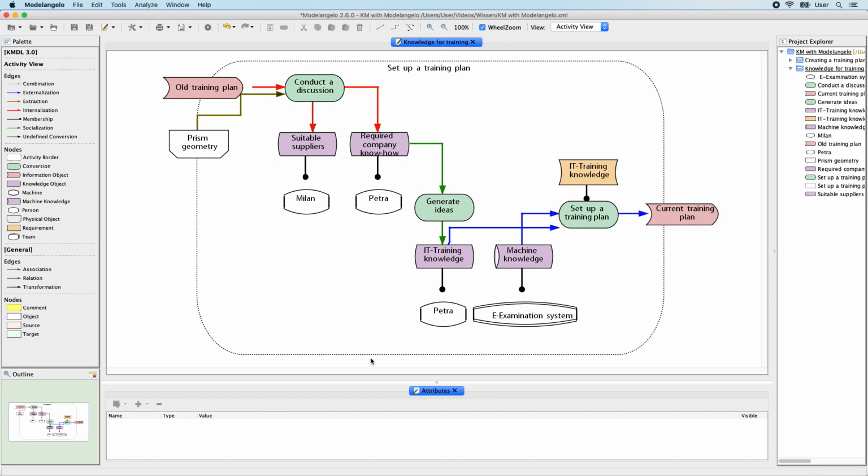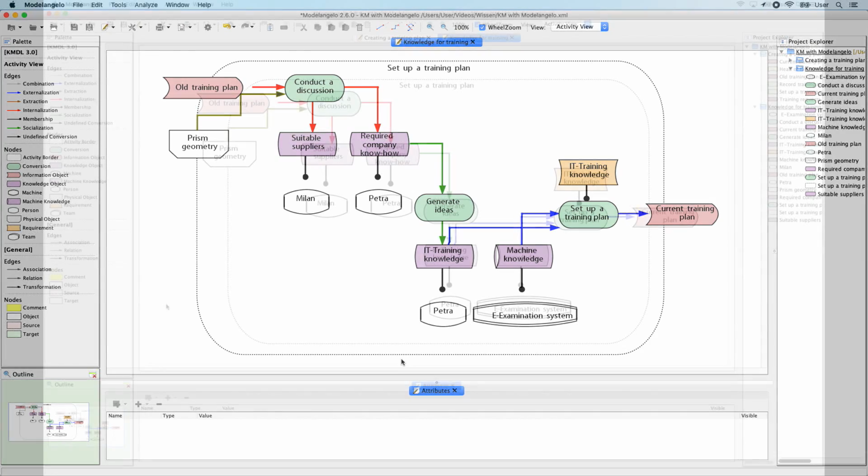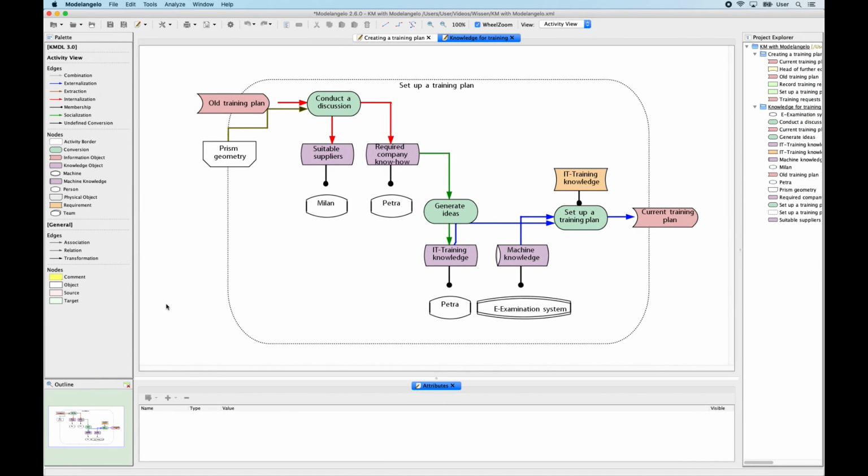Situations can easily occur where that knowledge is not identified and lost, for example, when an employee retires or leaves the company. Monopolies of knowledge exist when only one person has the knowledge necessary to successfully complete a process. In the model shown, an analysis could expose that Petra has monopolies of knowledge and that the company needs to document this knowledge. The knowledge perspective in the activity view allows you to analyze if there is a need for